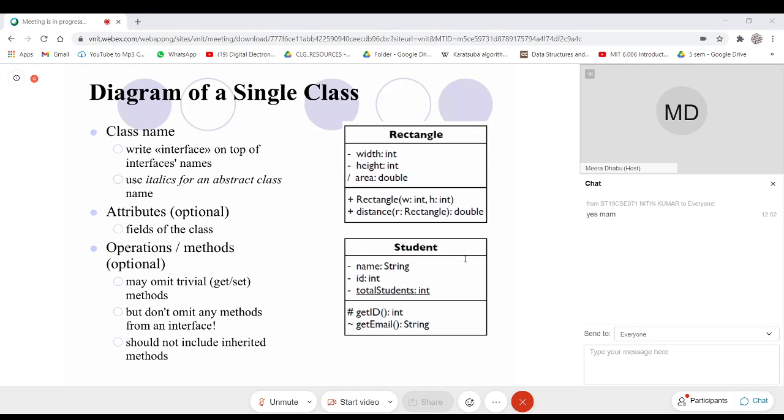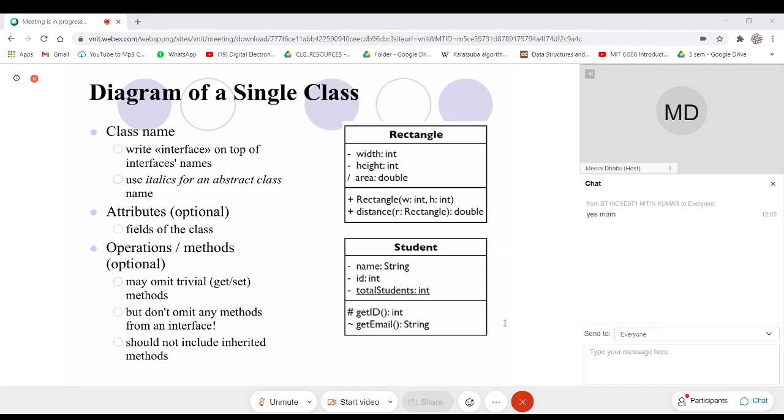On the right hand side, I have shown the class diagrams. Just now, ignore the first line, that is interface, because interface is a special kind of feature which is not available in C++, but it is available in Java.